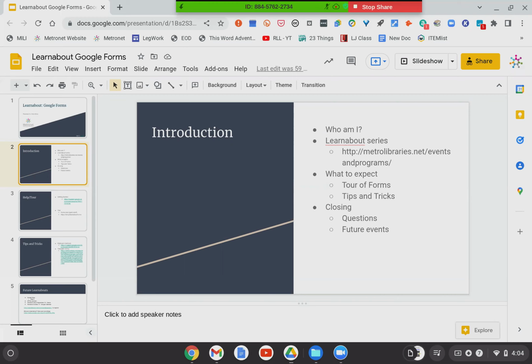So what to expect today? I found that when I'm doing these, it tends to work best for me to just do a live tour of the platform that we are using. So today it's Google Forms. So we're going to walk through it. I'm going to show you some of the things that we can do. And then as far as tips and tricks go, I like to point out some, but with Google Forms, it's a very basic program. So I didn't find a lot of tips and tricks to share with you this time, just a couple that I will make sure and touch upon.